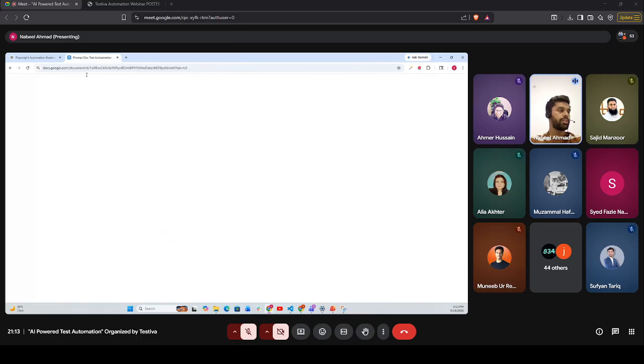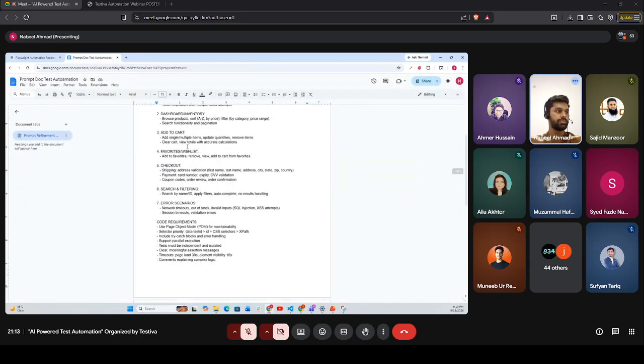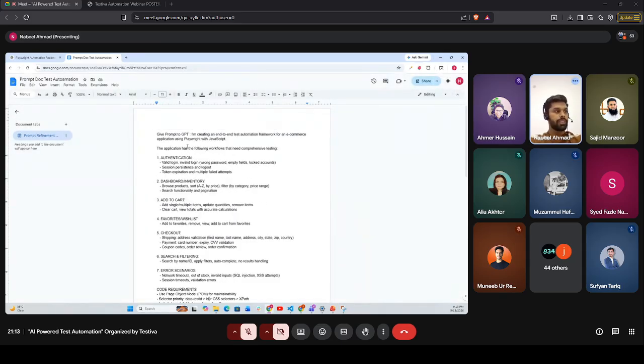Here I have a prompt that we will be using. We will be using GPT for prompt engineering, for prompt refinement, where we tell GPT to give us a Claude-ready prompt. That is because if we give an unrefined prompt to Claude, then Claude will keep asking at every next step what to do for clarity.